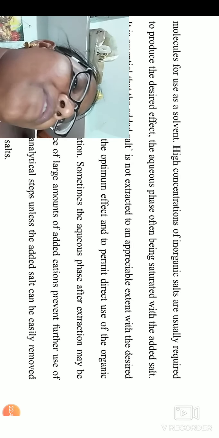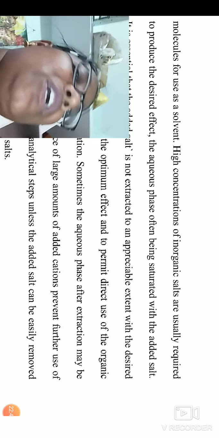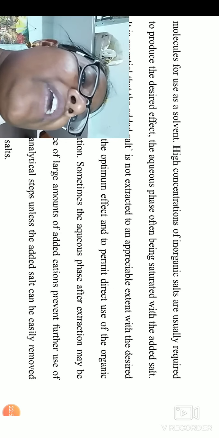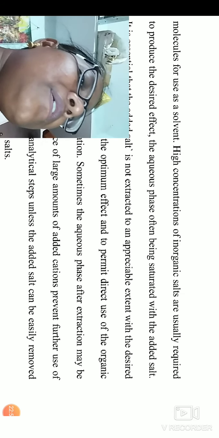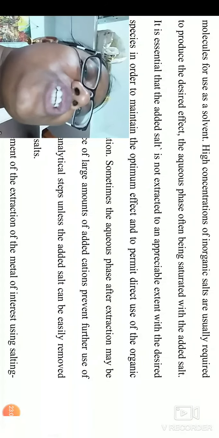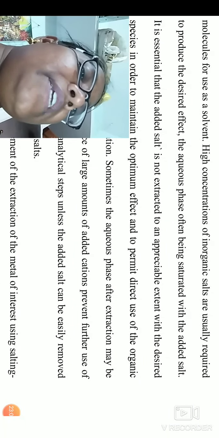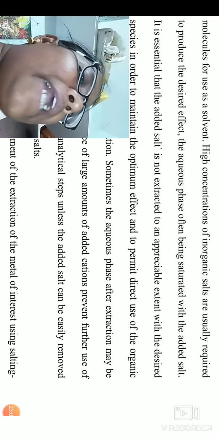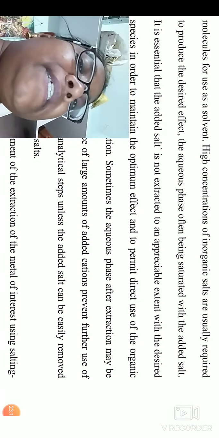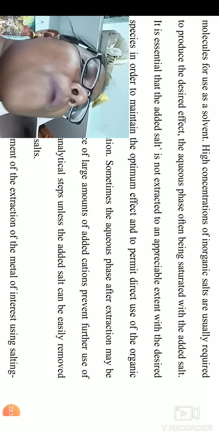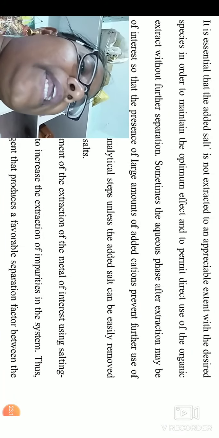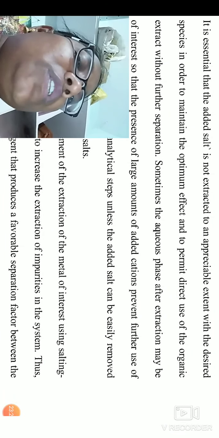High concentrations of inorganic salts are usually required to produce the desired effect, the aqueous phase often being saturated with the added salt. It is essential that the added salt is not extracted to an appreciable extent with the desired species in order to maintain the optimum effect and to permit direct use of the organic extract without further